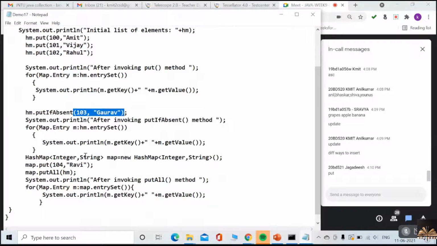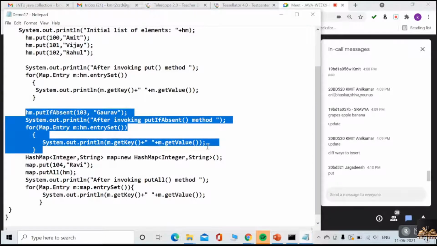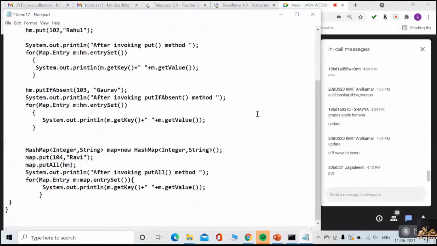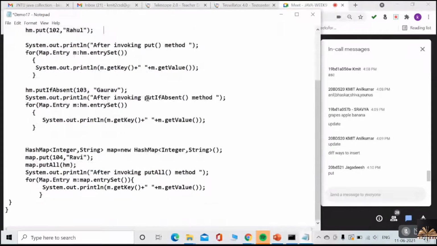And one more thing, along with put if absent, is putAll. How is putAll used? This is one set, guys. Till here, one set. Next one, look at this once. I just created one more hash map in this program itself, that is map. And the previous hash map's name is HM. The second hash map is map.